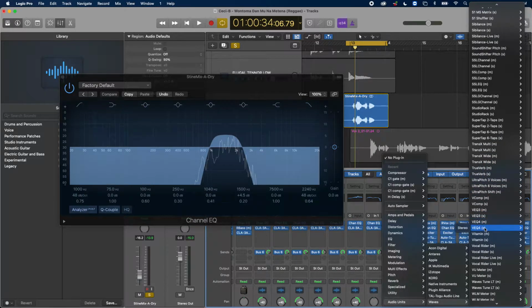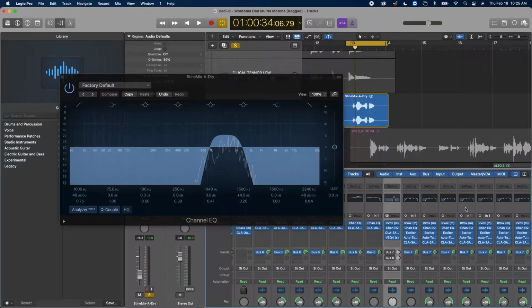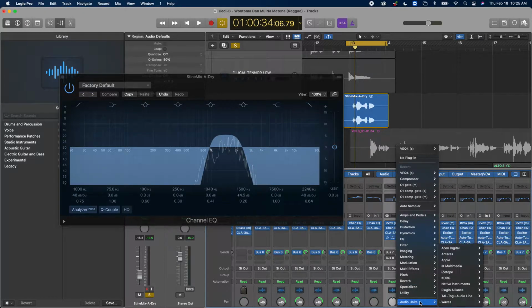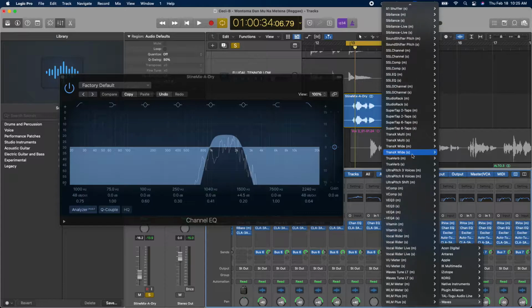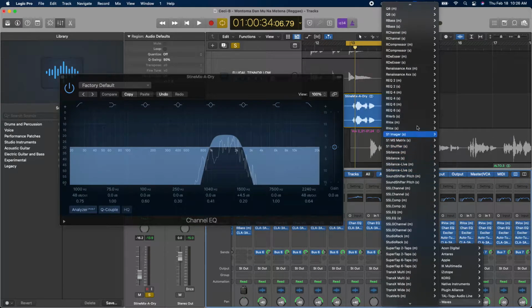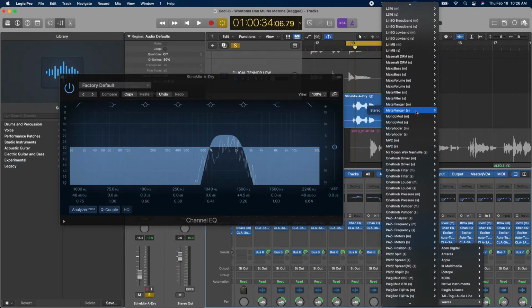You have stuff like VEQ you could use to equalize the different ranges that you need. For Waves, if you're a Waves user, what are some of the ones you could use? Let's see.